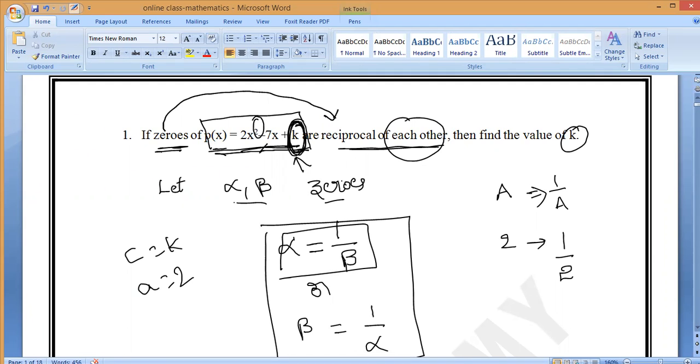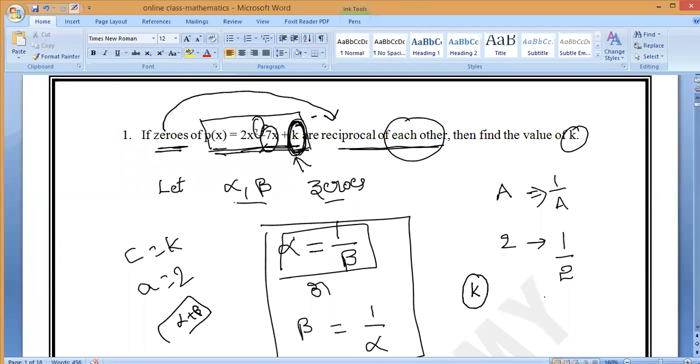Ma'am, if they have given K in place of minus b, we should take alpha plus beta equal to minus b by a. In this question, in the place of C they have given K. If it comes in place of B, we can take alpha plus beta is equal to minus alpha B plus by A beta. Is it clear? All of you respond if you have doubt. This is very important.